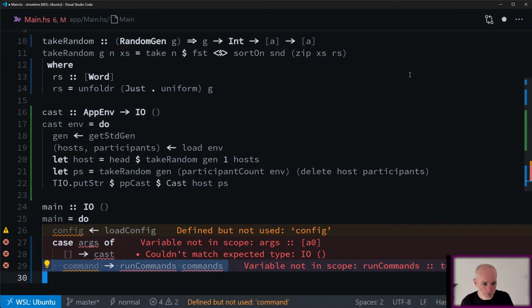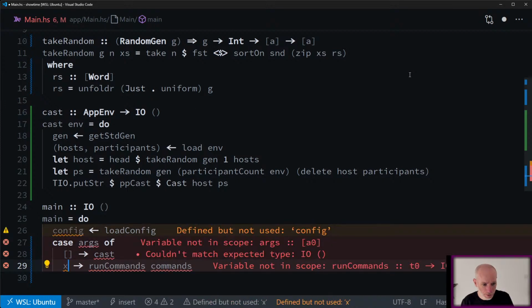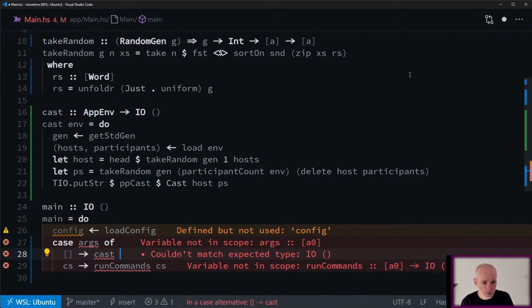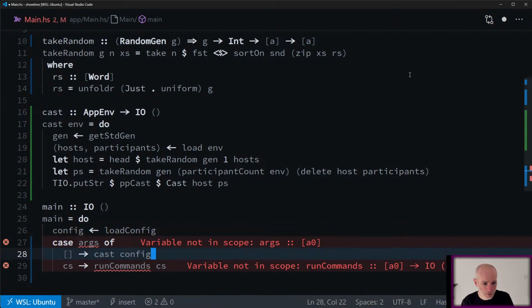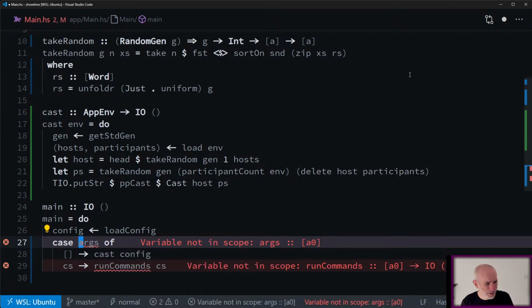I'm just going to name this, I'll call this Cs for commands. So cast will take an argument which is config. And not args, is it getArgs or something?